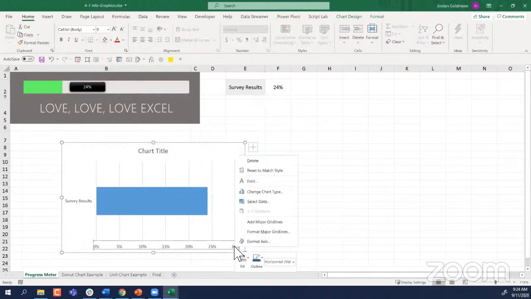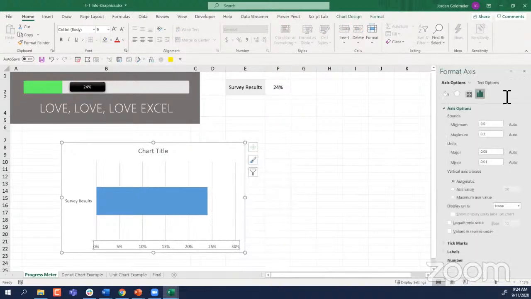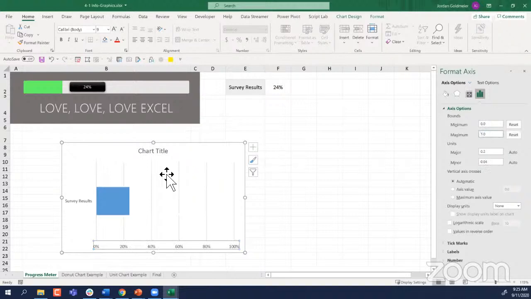So that's not good. Right click on that, click Format Axis. We have our minimum and maximum bounds here. I'm going to make the minimum 0. You can't always assume Excel is going to make something a 0, so always type it in. Make the maximum 1. So that will keep it from